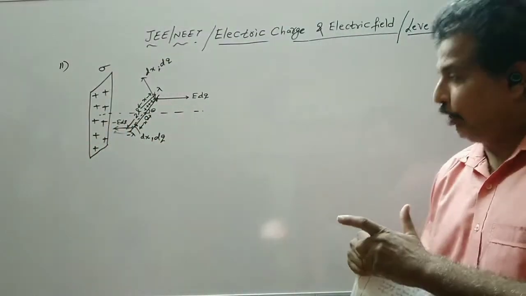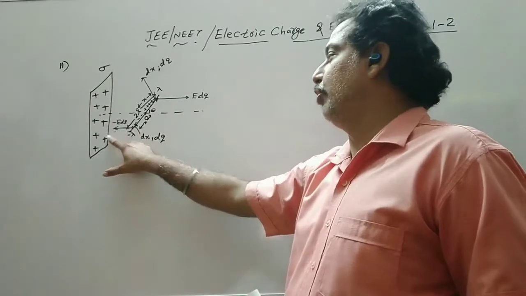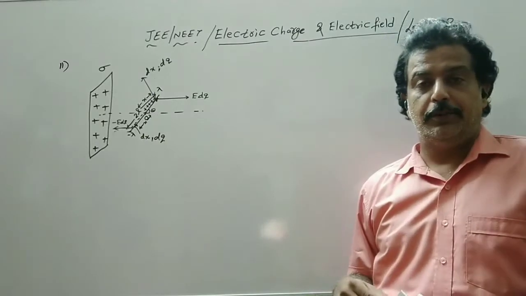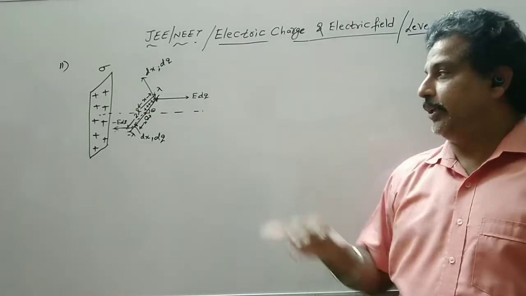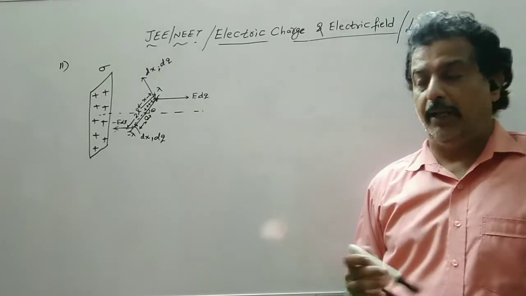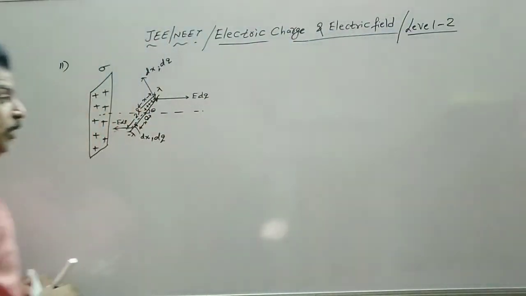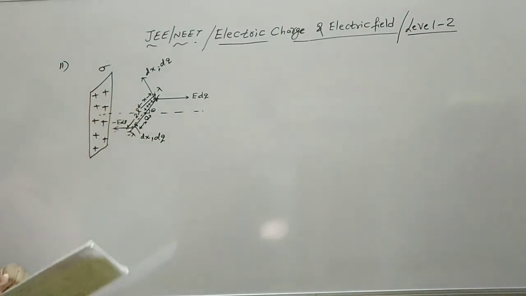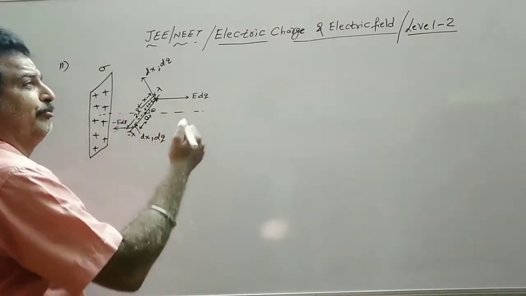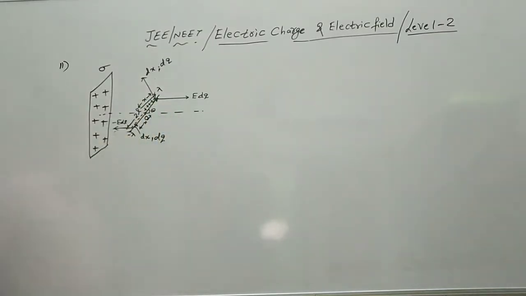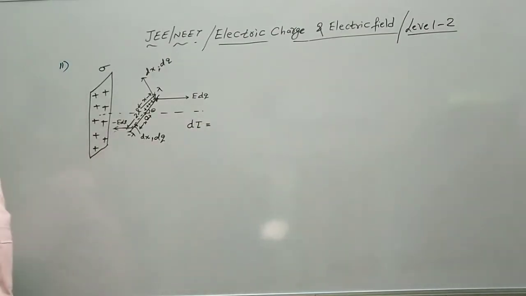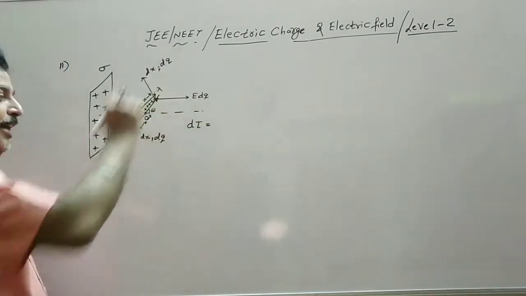Clearly, both the forces, or the line of action of force, are separated by a perpendicular distance. So the torque will act on it, or the rod will behave like a couple. So we have to find out the torque acting on the rod. Now let us find out the small amount of torque due to these elements. Let d tau be the torque acting on the element. We have considered this small element.